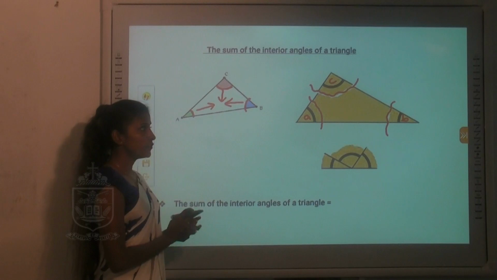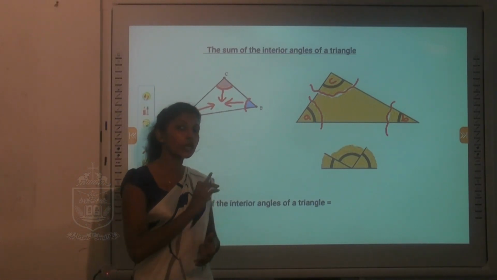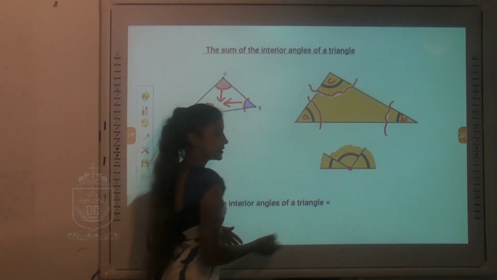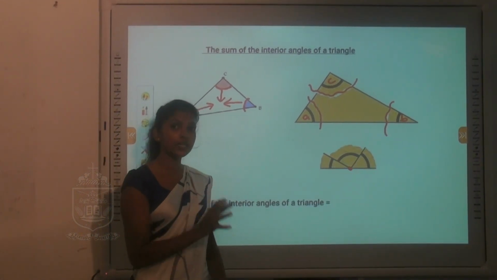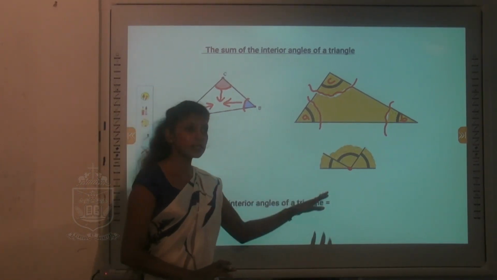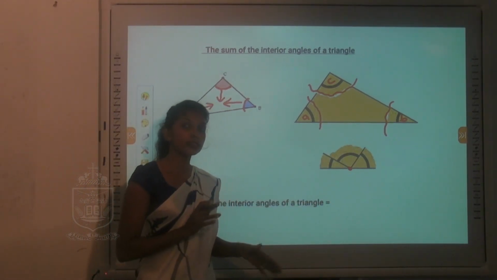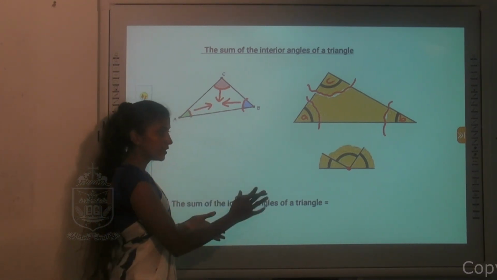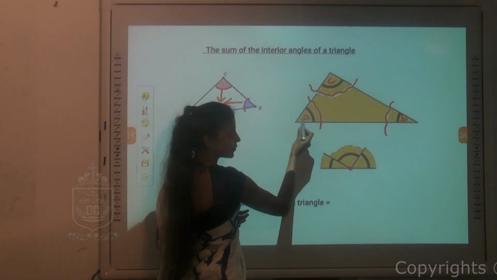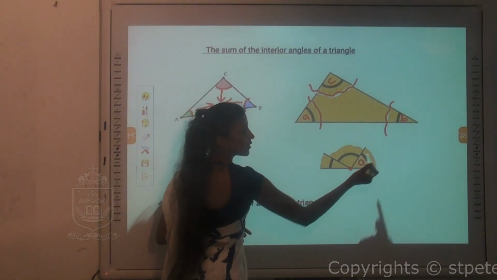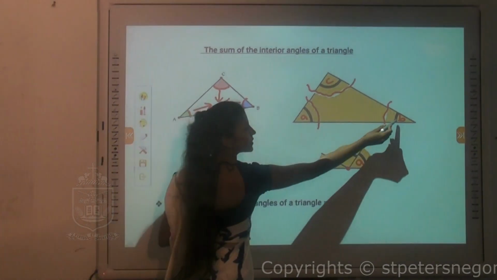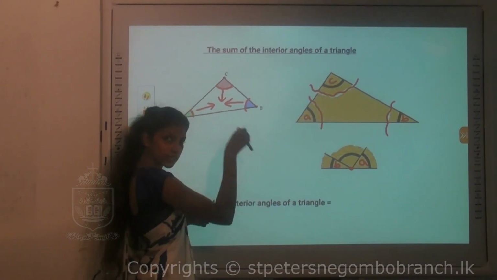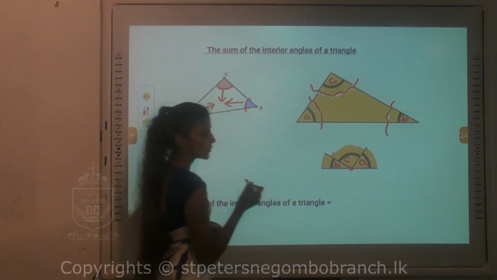After you have separated the three interior angles, you are going to align them at a common vertex. Let's think this is the common vertex. You are going to align all three interior angles at this vertex. The three interior angles should not overlap each other, but should align like this. Let's think that this is angle A. You can see this shape is there, A angle. And if this is B, you can see in the shape that is B angle. And finally this C, you can invert it and insert at this point, that is C angle.